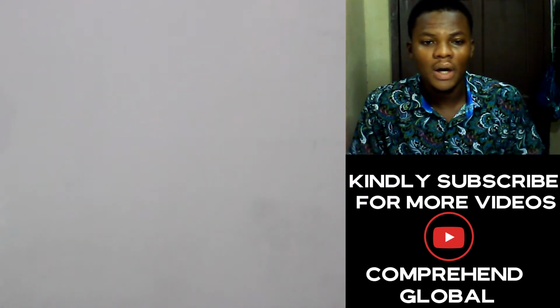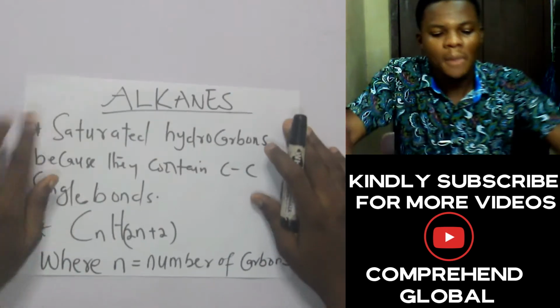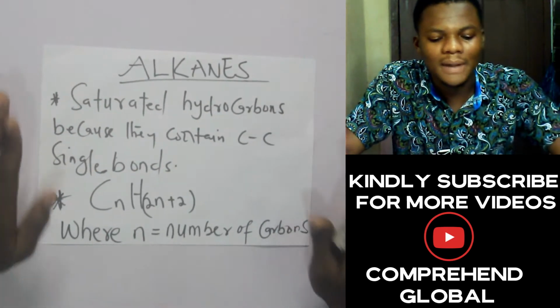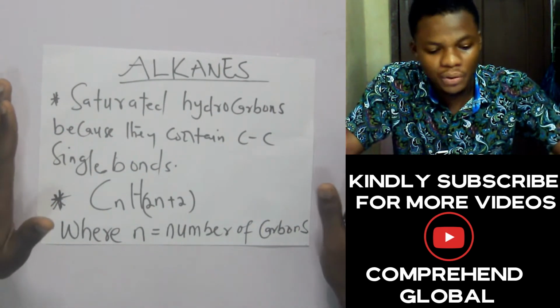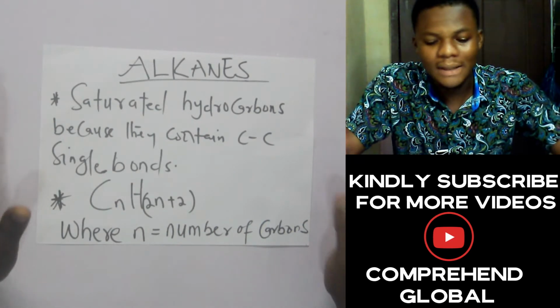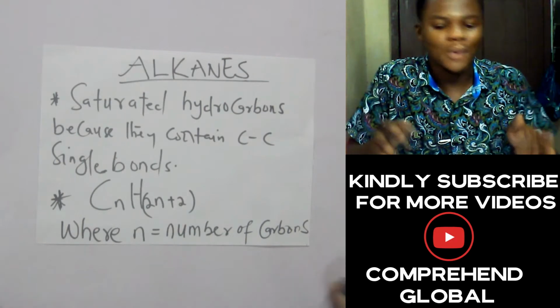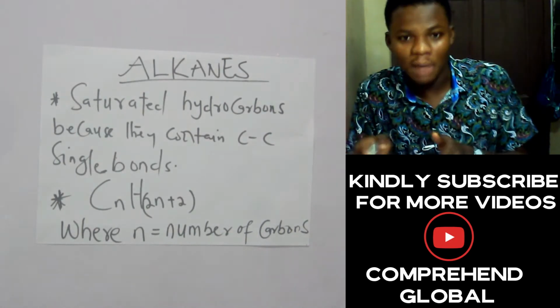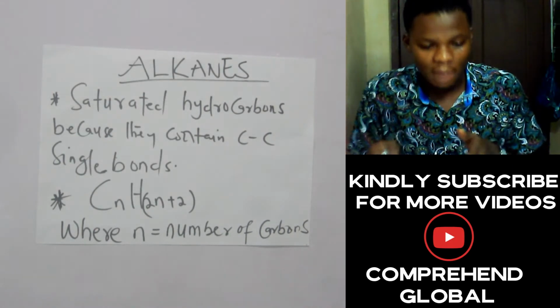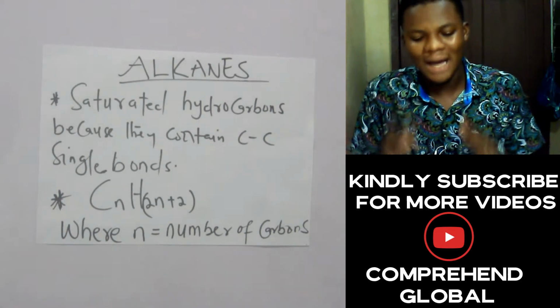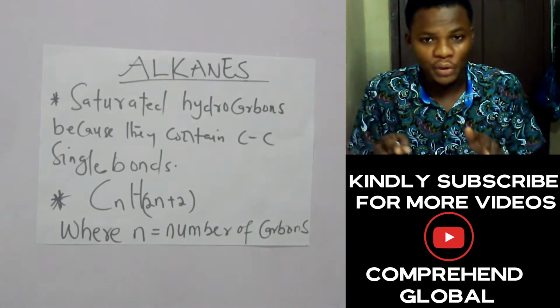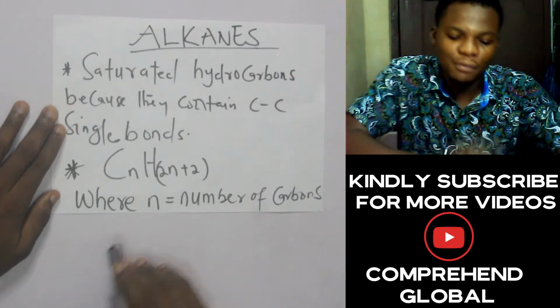In this video, we will talk about alkanes. What are alkanes? Alkanes are saturated hydrocarbons because they contain carbon to carbon single bonds. So in a test quiz, when you are asked what saturated hydrocarbons are, saturated hydrocarbons are those that have carbon to carbon single bonds, and alkanes have a formula of